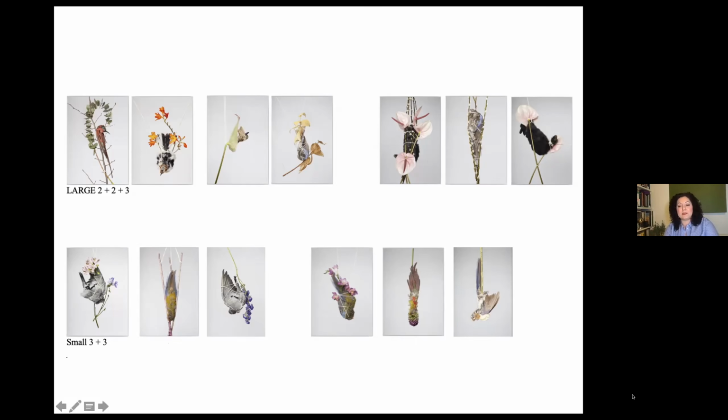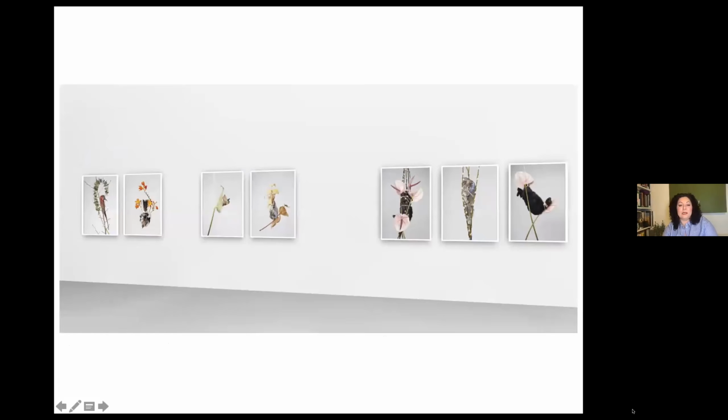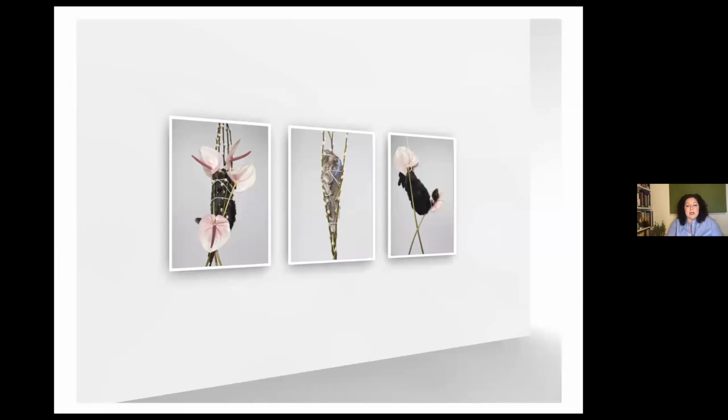I mean, the bunnies are perfect for example for this. So this is how they ended up on the wall. And you can see here how the rabbits really come into their own. And you do make those comparisons, but because they're not right next to each other, you can go back and forth, stop in the middle, really take it in.